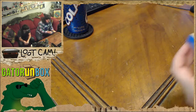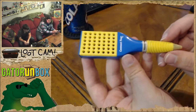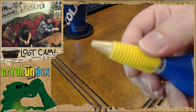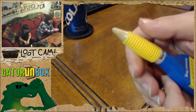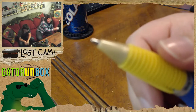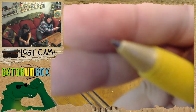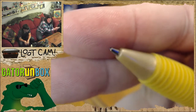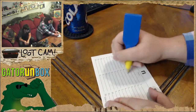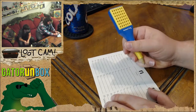But what I have here is a pen. It's a pen that's shaped like a Connect 4 board. And if I twist the end of it, it's got... Well, it had... No, there it is. I was going to say, it either has or had a pen tip in there. Can I get one focus shot of the tip of this pen? Thank you very much. We're off to a great start this week. It works like a pen did, or it used to, because this is actually something that...